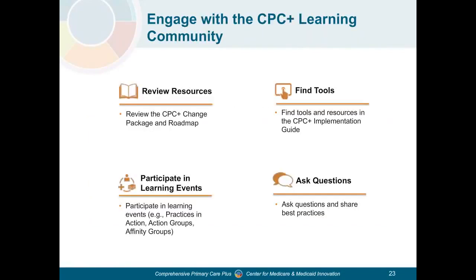We also really strongly encourage you to continue engaging with the CPC Plus learning community as a whole. As mentioned earlier, we're all co-investigators in this process. So review the resources that are available through CPC Plus Connect, the publications that you are receiving via your biweekly newsletter. You can find tools that other practices have shared or recommended on CPC Plus Connect.